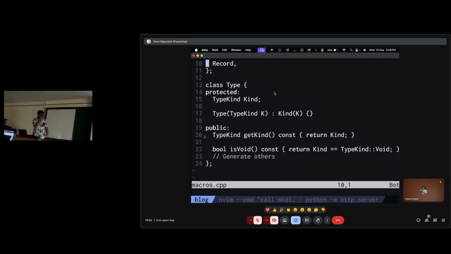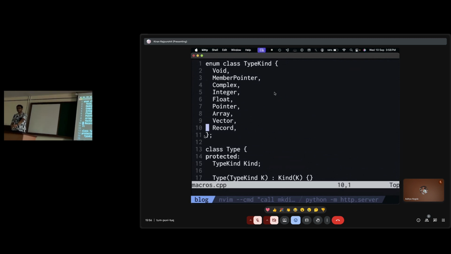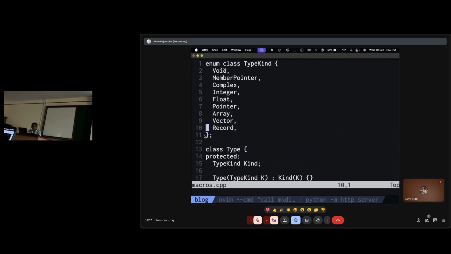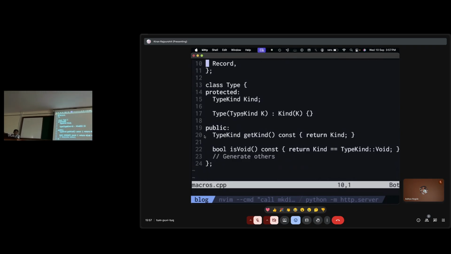And what we want to do, right, is that for every single enumerated member here, we'd like to generate this value. Make sense? So let's take an example of void here. What I wanted was isVoid, a bool function that tells whether the type that's contained in the class is void. So how would we go about doing this?